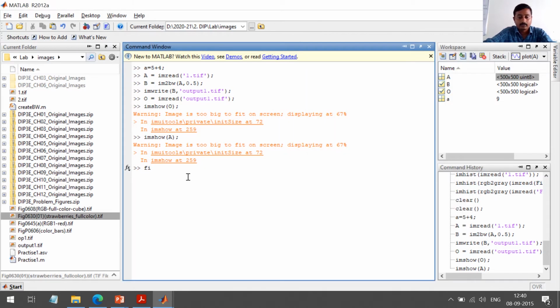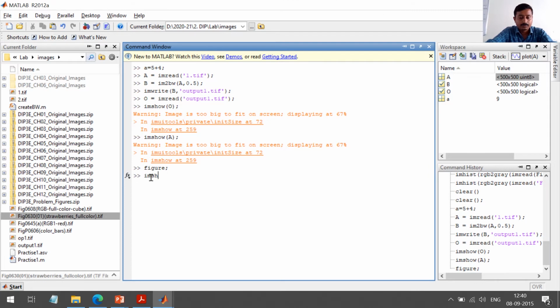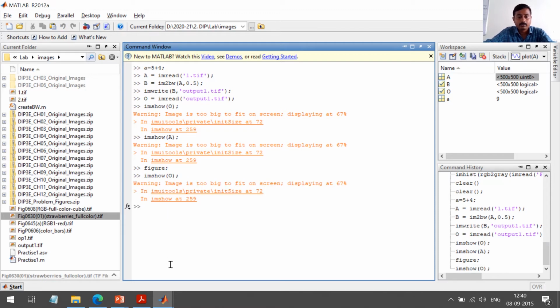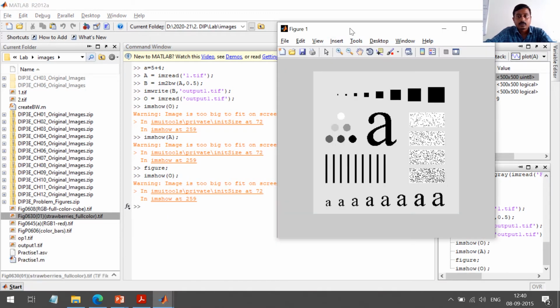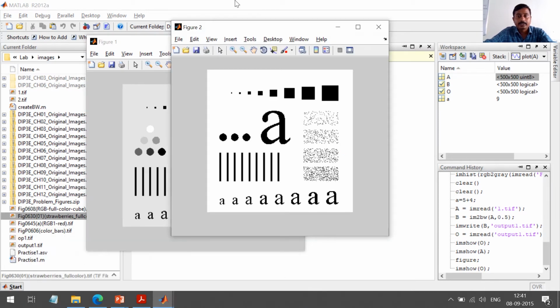The remedy is to use figure, and then I will execute imshow O. Now both the images will be visible. So this was the original image, and this was the edited image.